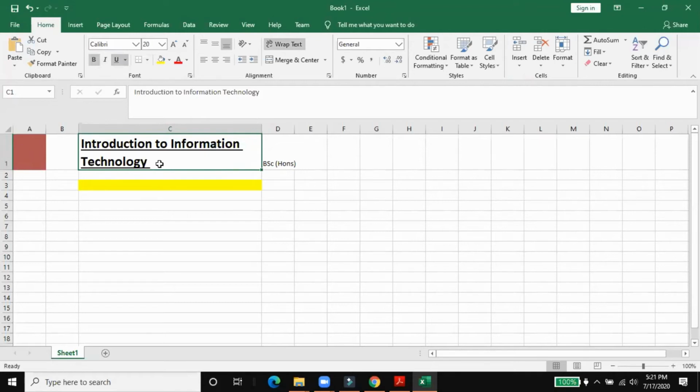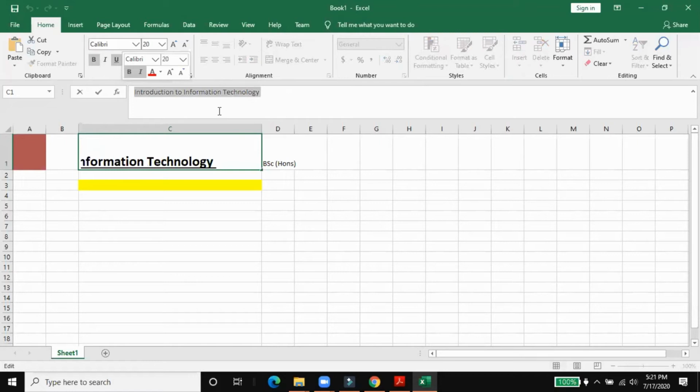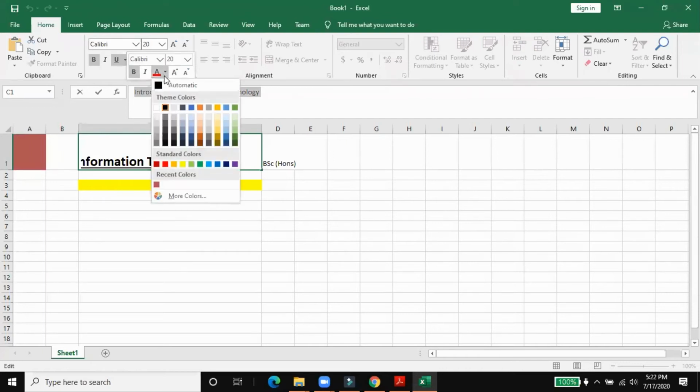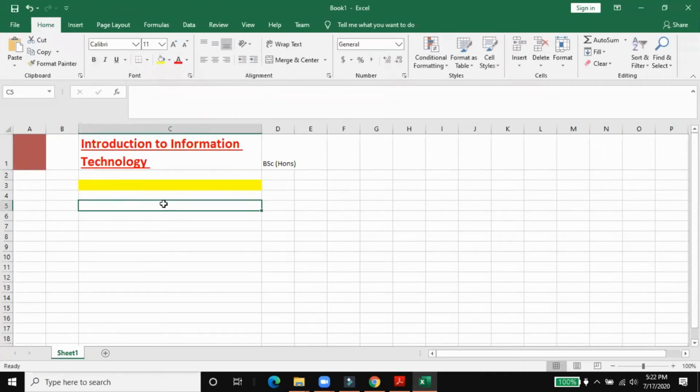If you want to change the font color of this text, then we select Font Color from there. This is the letter A, and we can choose any color. I just choose red, then the text color is red. This is the basics of how to change the colors and how we highlight your text in a cell.